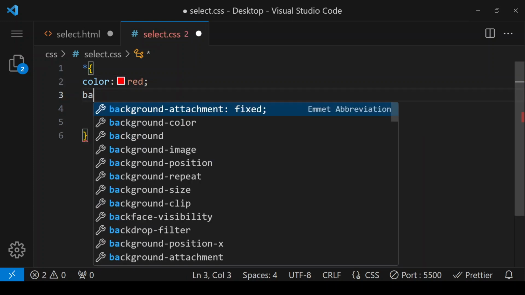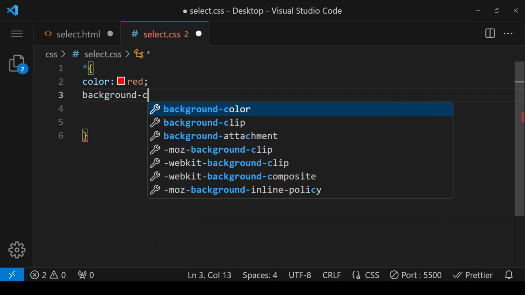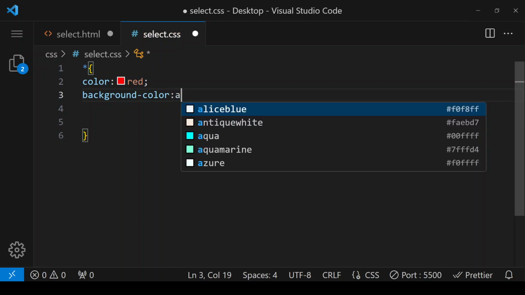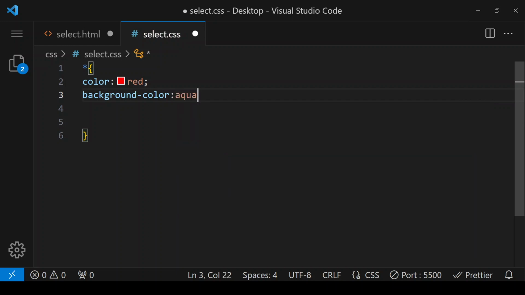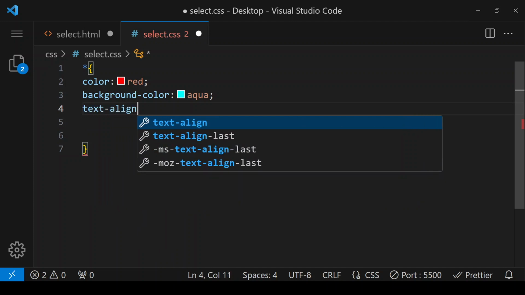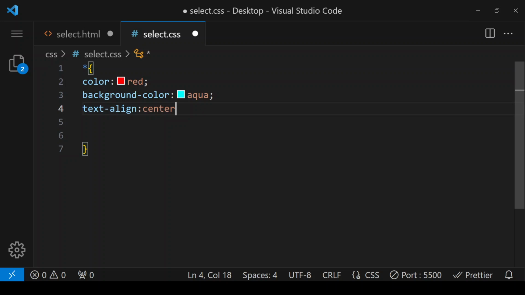then background color should be aqua, and text align, I want the text to be in the center. And here in